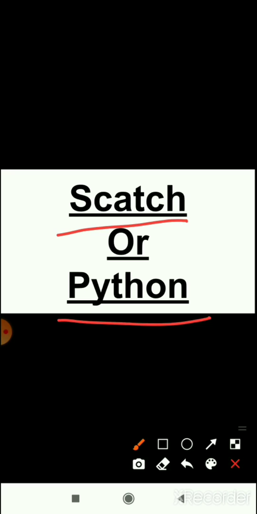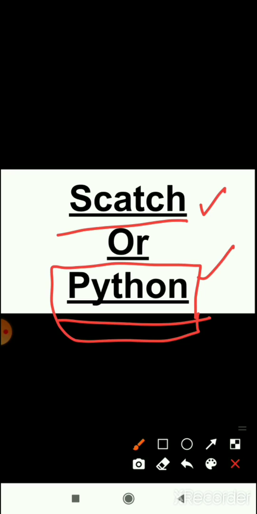Children, in our new syllabus there is a choice between Scratch and Python. We will do Python this year because in 10th standard also we have Python, and in 11th and 12th also. So children, first we will do the Python chapter, then we will do Open Office tools and the remaining theory chapter. So let's begin.